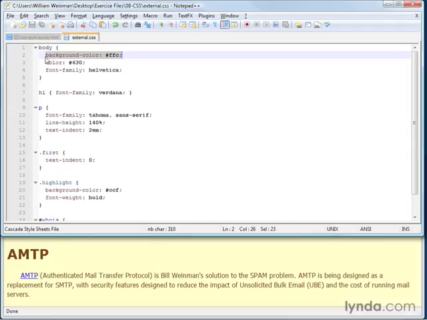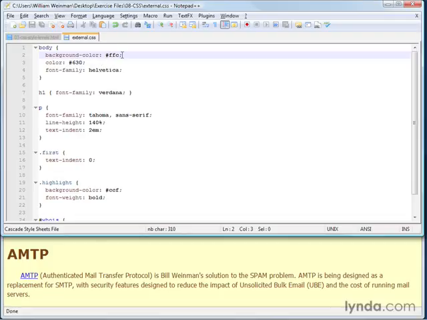Now the style has 2 parts. It has the property part, which is to the left of the colon, and to the right of the colon, it has the value. So each of these styles, there's a background color property, a color property, font family property, and the value there is Helvetica. The value here is pound 630. The value here is pound FFC. So we have the property and the value, property, value, property, value.